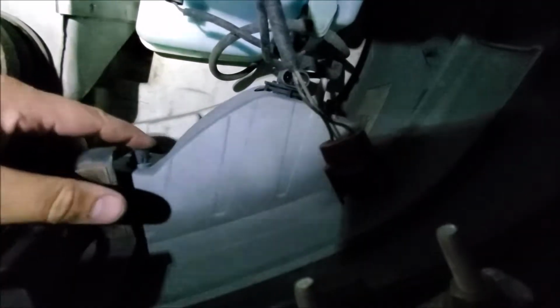And so what we're going to do, since these lights out front are actually damaged, I'm not too concerned about keeping these all fancy and pretty looking. So I'm just going to squeeze them. Most likely they'll break. And then we'll pull the light out and we'll stuff the new one in. So without further ado,